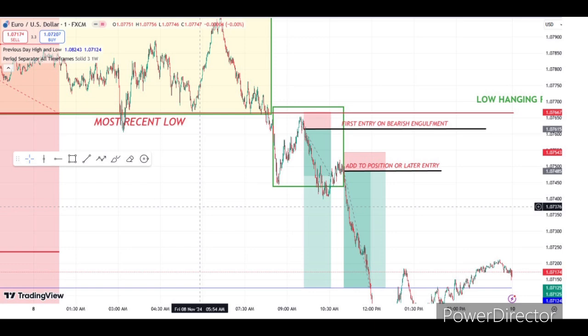You can see our first entry. It says first entry on bearish engulfment. So that last leg of that M formation, right? We have bearish candles that engulf the last high bullish candles, right? And it gives us our engulfment. It gives us that M formation. That's our entry. Right back there